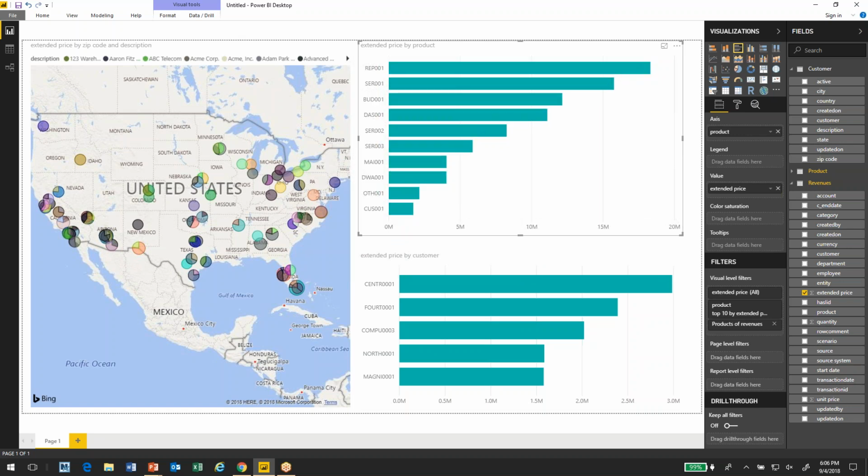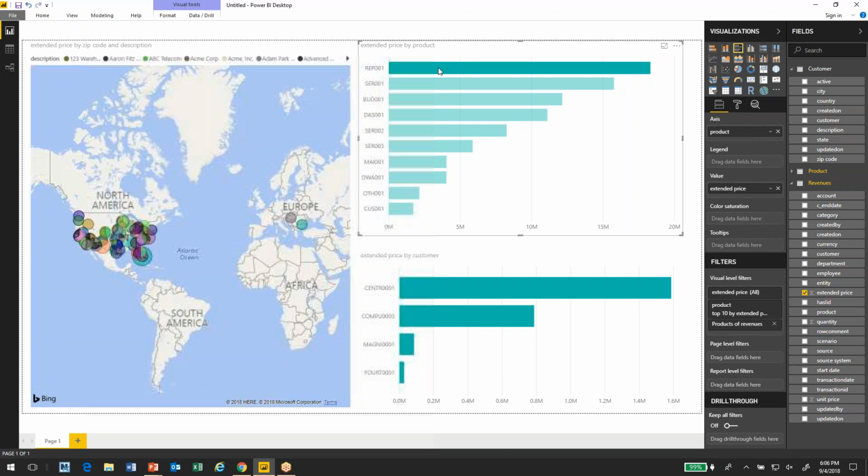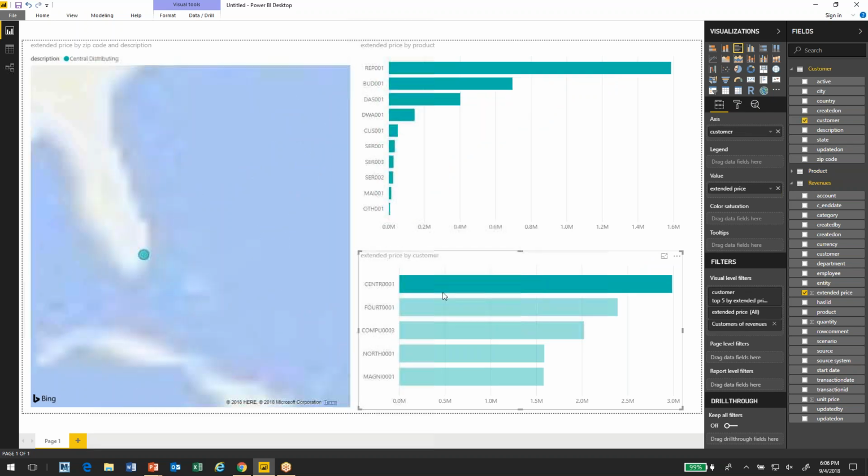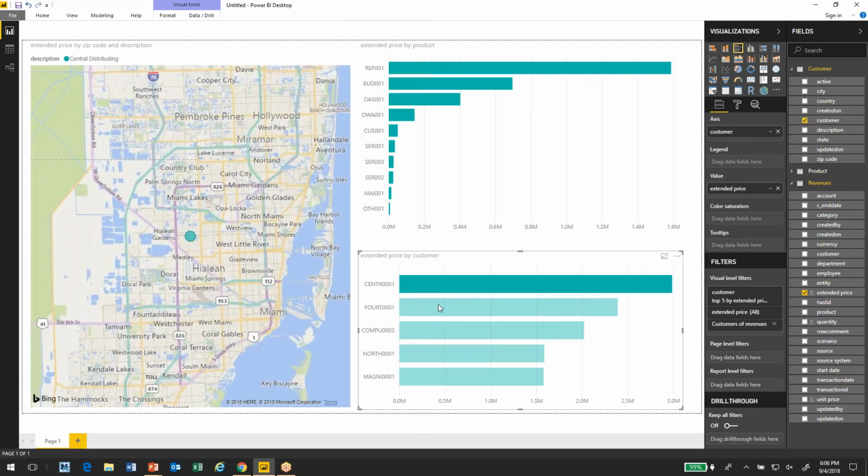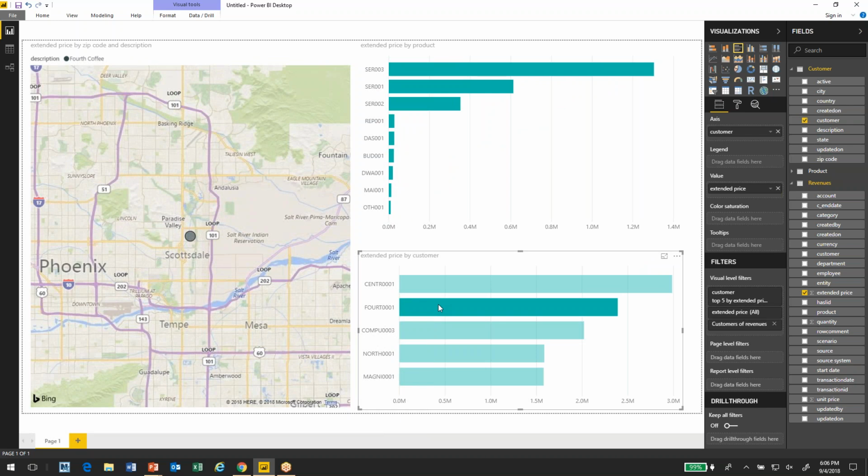Let's see if this data is already automatically connected. So if we click on a particular product, we can see that both the customers that have purchased that product filters and also the products on the map. And if we click on a particular customer, you can see it zooms directly in on that customer. So that was it for this quick little demo that shows how easy it is to now connect Power BI